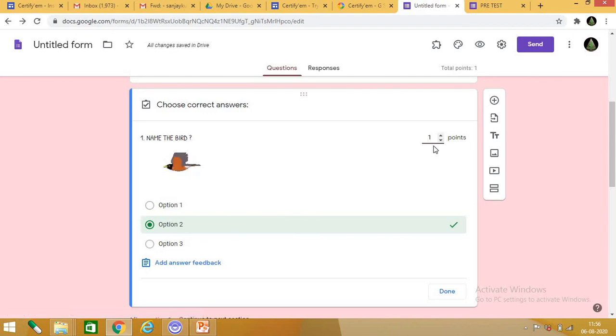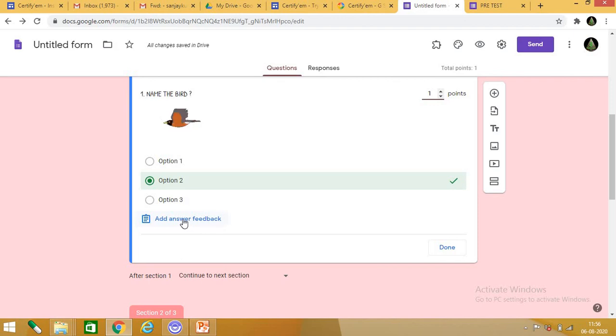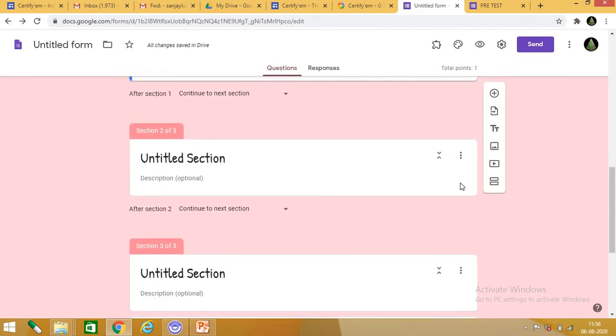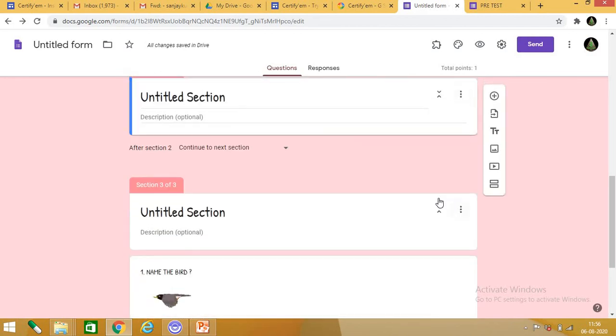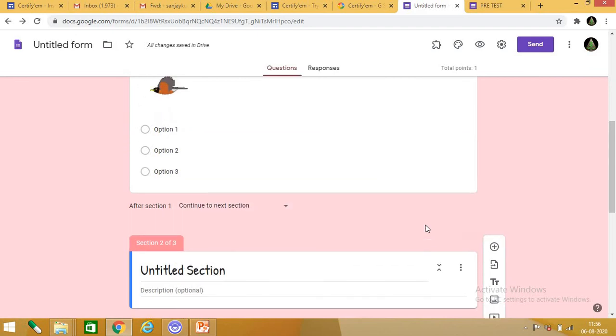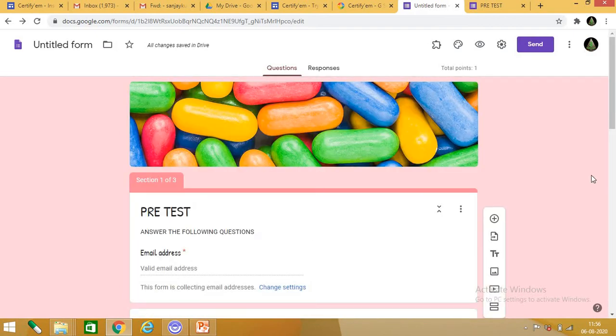Points: how many points do you want? You can give 1, 2, 3 marks. Suppose there is a paragraph question, you can give 5 marks. MCQs we generally give 1 mark. You can also add answer feedback. Then done. So this is question 1. I can add questions here. Minimum 10 questions we give to children.